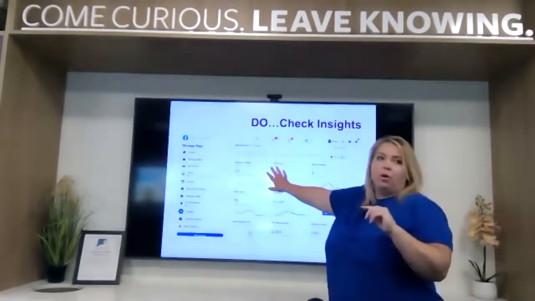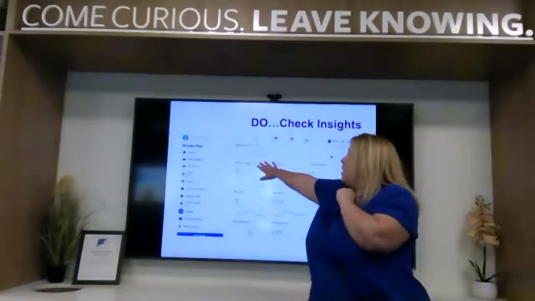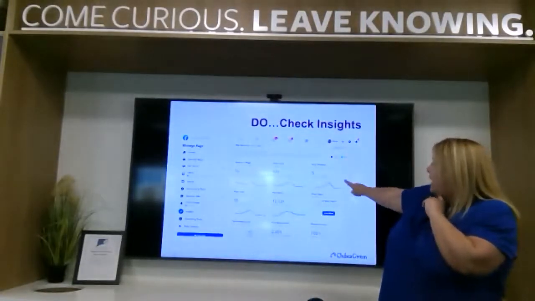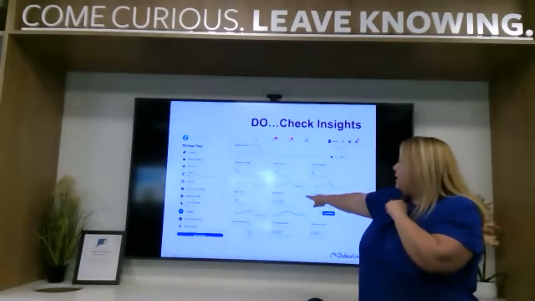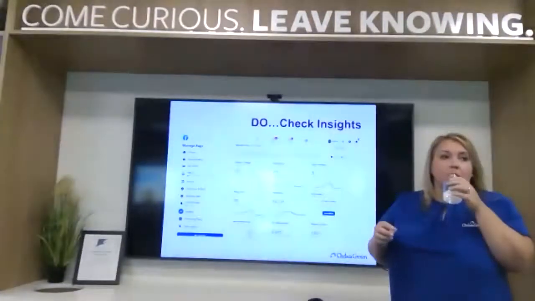And this is a week's worth of time. You can change it. This is from September 29th to October 5th. And organic means this blue line is everything that I haven't put any money towards.